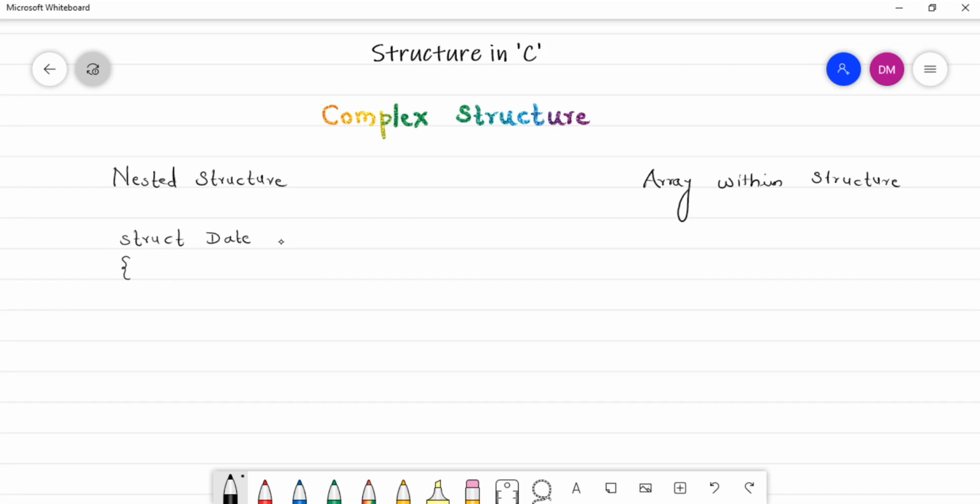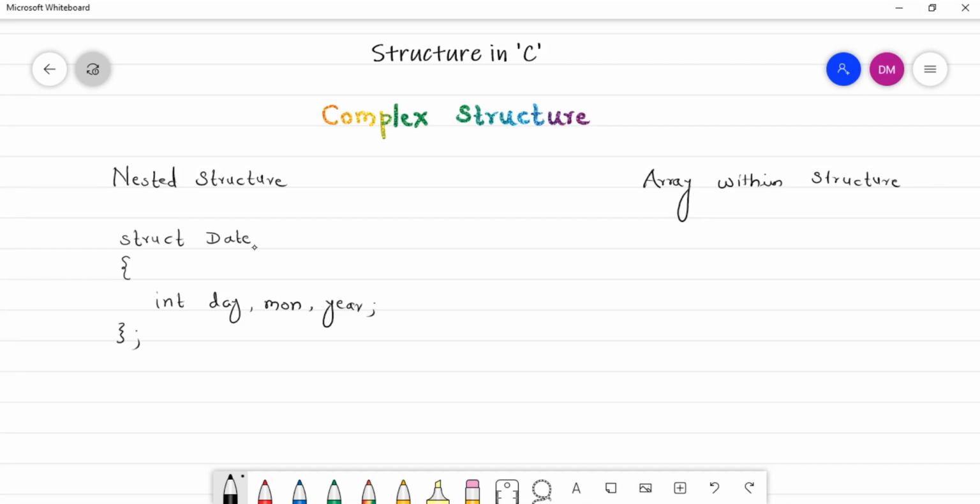Then as I said, a date structure can have three elements, that is day, month and year, and all three are of type integer, right? So let us declare it. So int day, month and year.